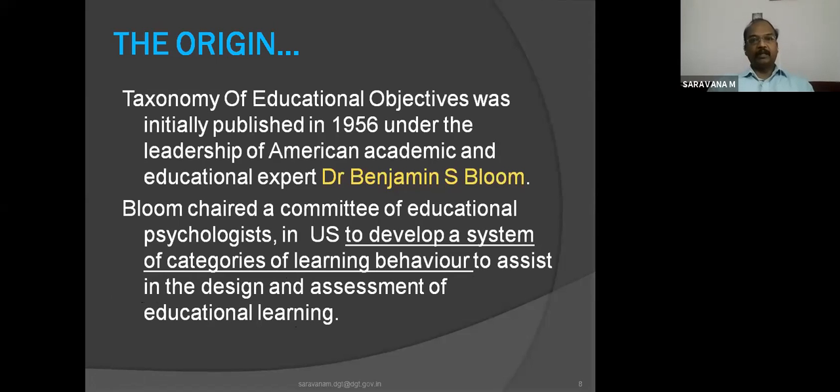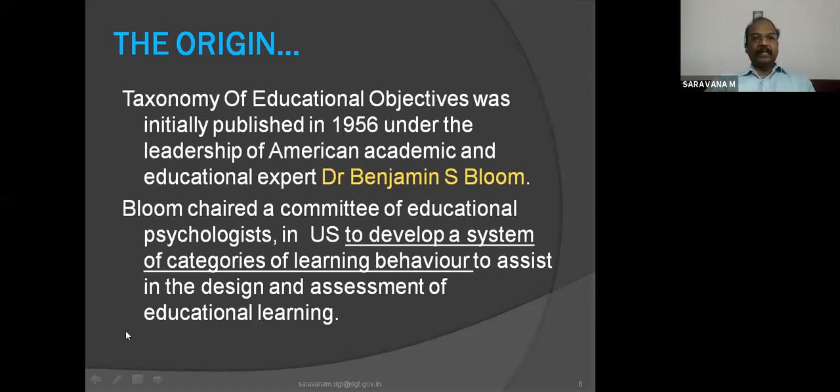For example, primary, upper primary, secondary, higher secondary, undergraduation, post-graduation, and research, these are the 7 levels of education system in the academic field, like in our DGT, CTS, and apprenticeship training and all that. So these are the various levels. All these levels can be categorized according to the basic qualification and advanced skills gained. So even in the education system, learners' behavior can be classified into knowledge level, skill level, and the attitude level. All these things will be explained in detail one by one.